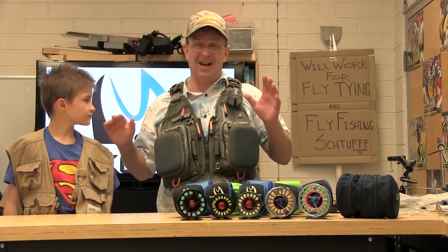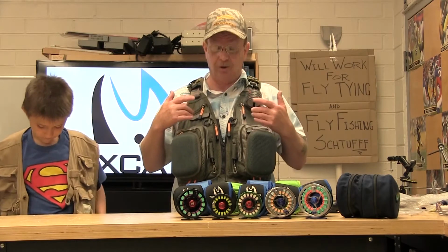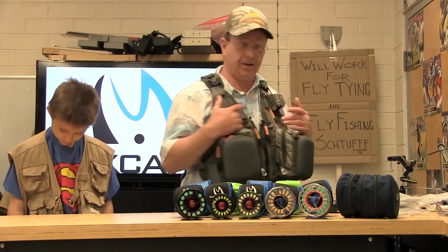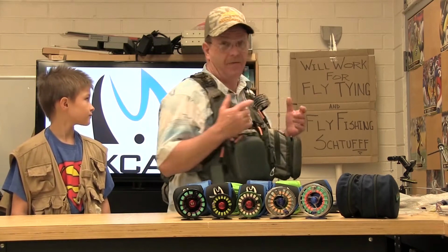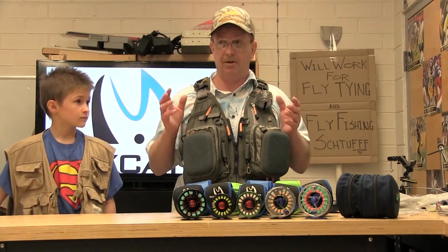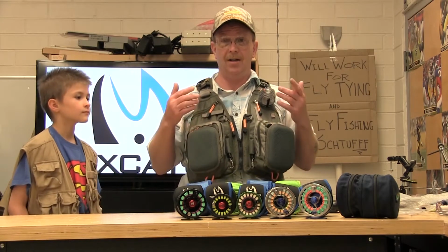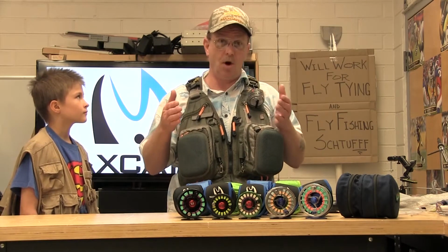So I started searching and I compared 5 or 6 models, and everything kept bringing me back to the V-POP. It's a vest and a backpack. A lot of the fishing I do is in backcountry, so I'm not near my truck, and I go out there and I'm gone all day, sun up to sundown. I want to be able to bring lunch and water and bring as much gear as I possibly could, not knowing, because a lot of water up here,